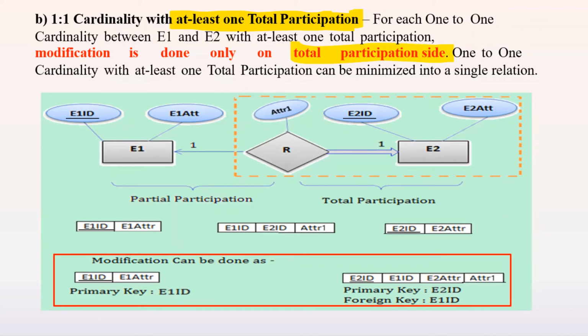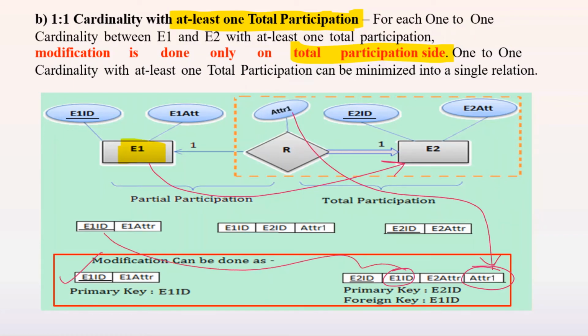So the other entity's table is going to be the same, and as we are having total participation on the E2 side, we have to add E1's primary key to E2. So this is going with the second option only. Here the E1 table is the same. Now we are adding the E1 key to the E2 table, and all the attributes of the relation, if there are any. These attributes are added here, and the E1 key is added as a foreign key here. So E1's key becomes the foreign key, the primary key is E2's ID and the foreign key is E1's ID. So this is the only option for this.